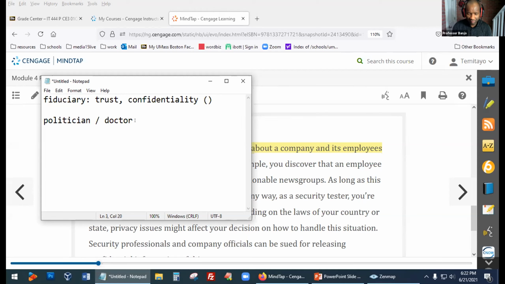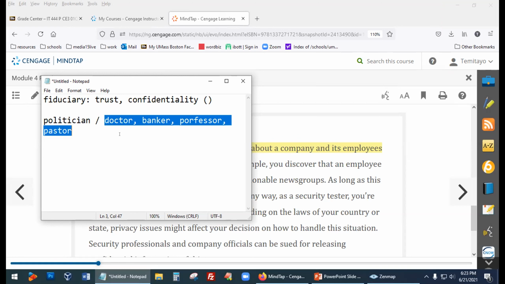Or your banker, right? Your banker about yourself, or at times even a professor, or you might have a pastor. The kind of things you tell these people, would you tell that to a politician who is trying to run for governor? No. Well, maybe. No, but let's say I share my secret. You even strip naked for a doctor to see your nakedness. That's a trust. A banker knows your money.